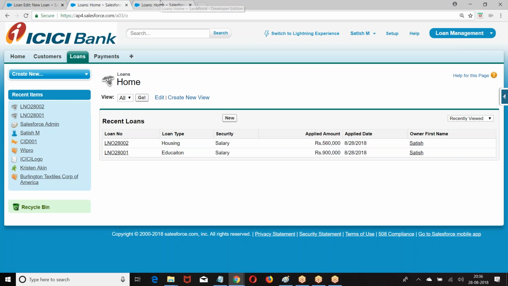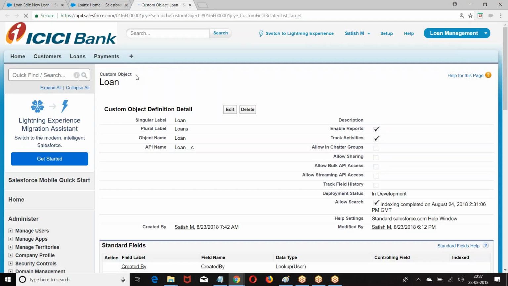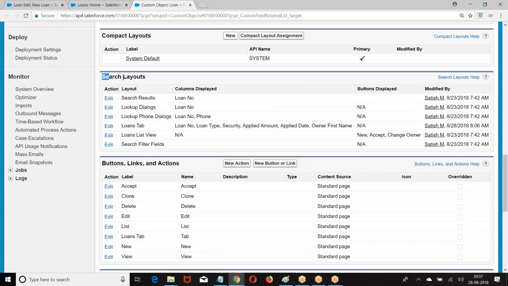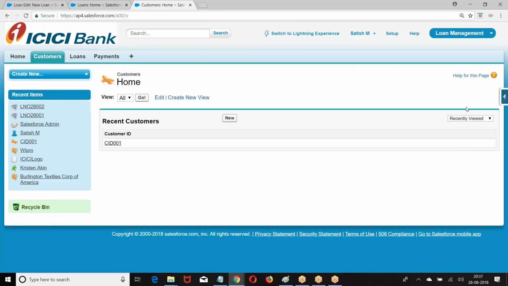How do you get to the search layout? Go to the object, go to the menu. Every time I cannot say setup, build, create object. That's why click on the tab, force.com menu, view fields, then come down here, scroll down, search layout. You want to apply the same thing for a customer. Customer, what is visible here? Customer ID.